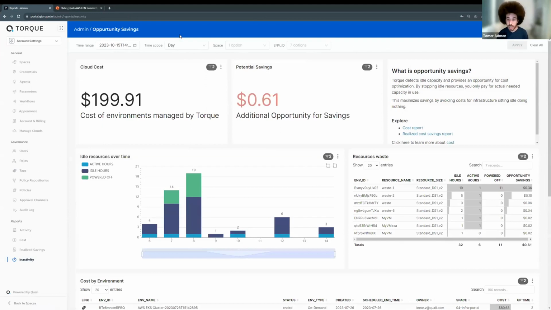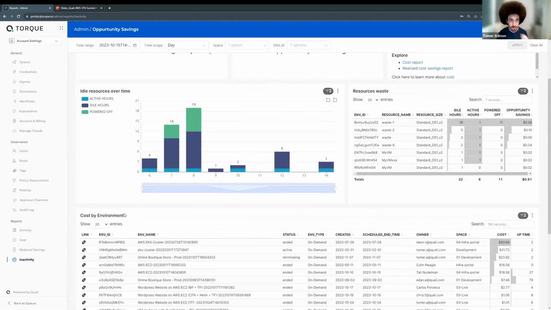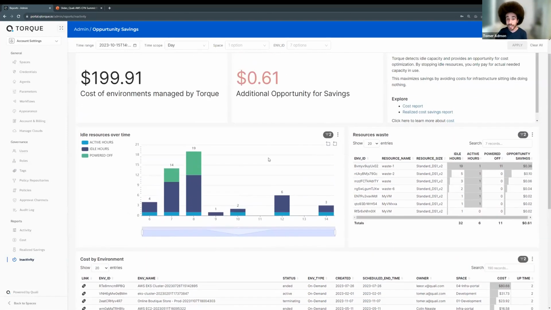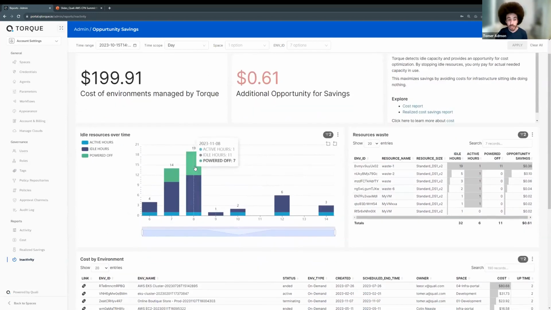But what's interesting is that deploying things into the cloud, we need something to understand what's going on in there and to highlight for us what the potential savings are. Where is the opportunity for us to save? Again, from an operational point of view, we always want to make sure budget is not exceeded, or that we are under the budget. So in this report, you can see, again, it's small numbers, but we can see a bunch of environments that were powered off, a bunch of environments that were idle.